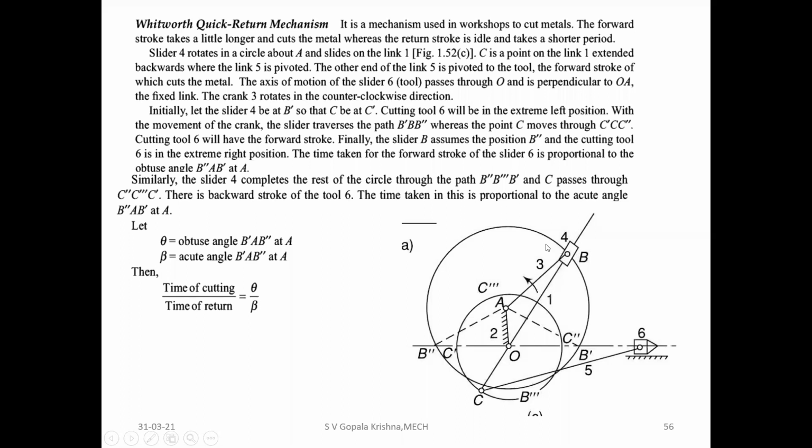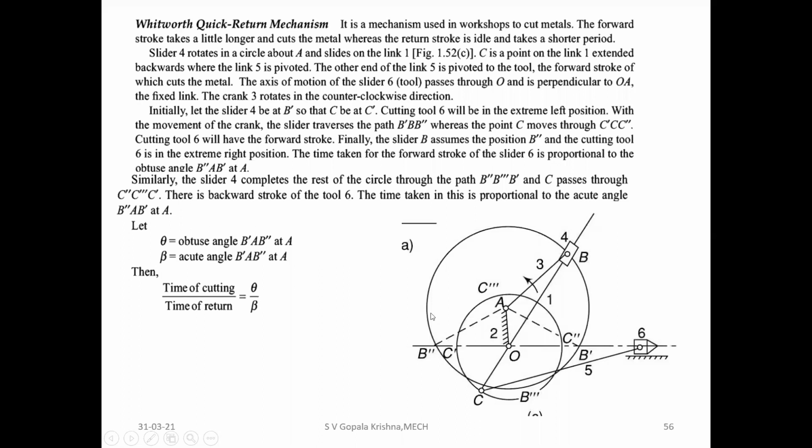By the help of this, the crank is rotated. When the crank is rotated, the total cylinder, that is the B portion, is also translated through a circular path. Link 1 has one end connected to the cylinder and another end connected to link 5, so this end makes another rotation when link 3 is rotated.